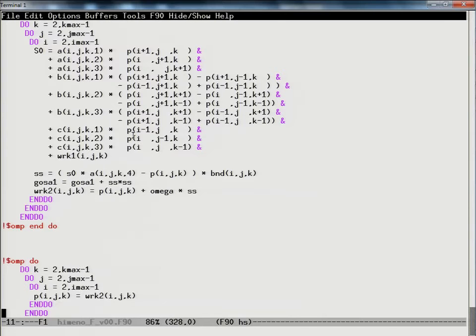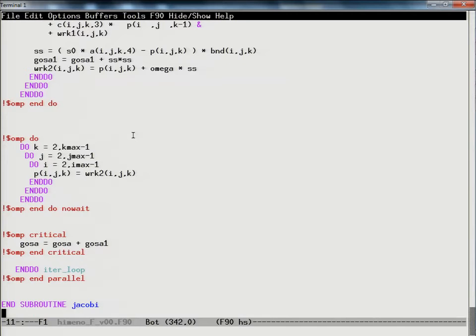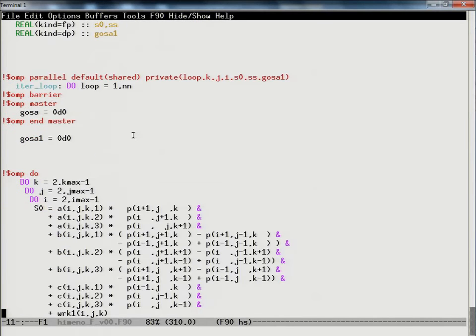When it's done this loop nest and finished that, it then copies that temporary array back into the original data array in a second loop nest. And then it finishes the iteration loop. So it's going to do this 100 times. So what would we do? Well, where's all the time being taken? Well, the time is obviously being taken in this big stencil. You know, we can see that. You could profile the code to prove it, but we could see that. So what we would want to do here